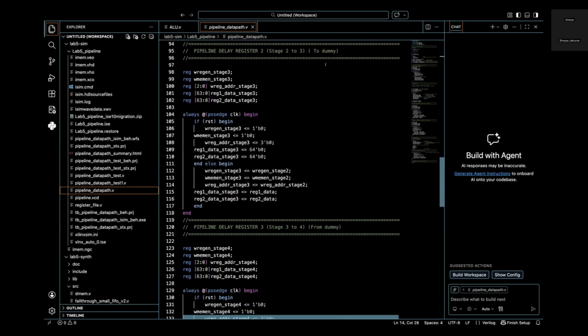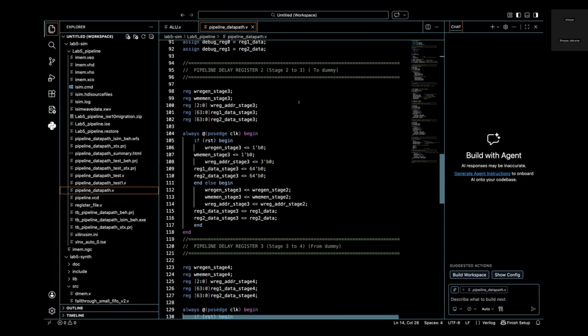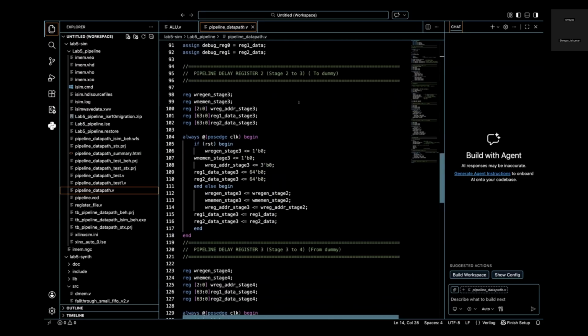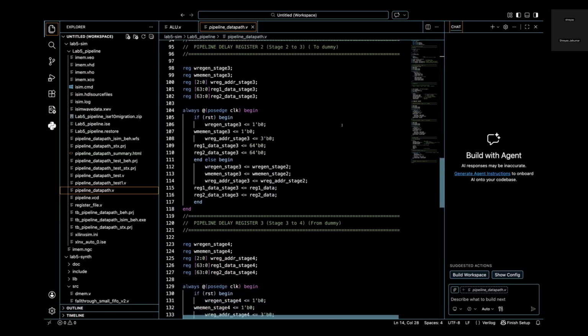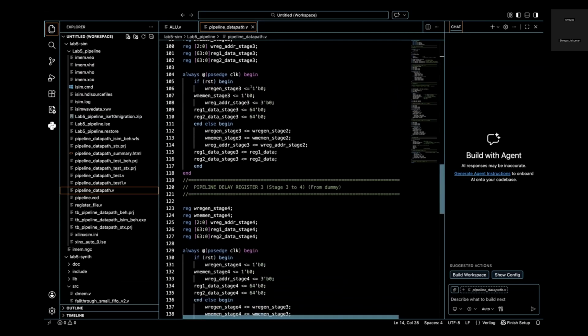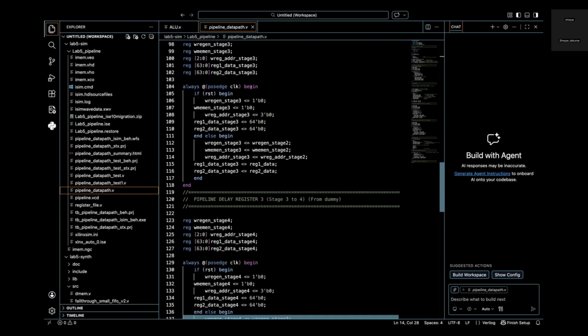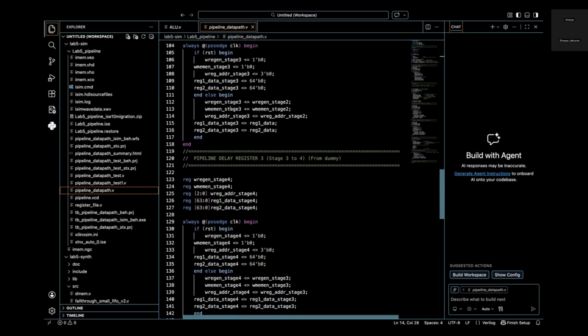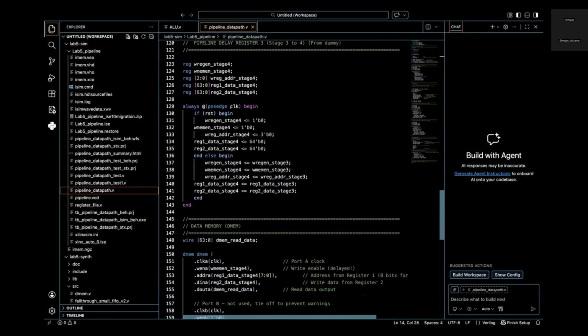Stage 3, as I pointed out earlier, is just a dummy stage. But we didn't bypass that stage by changing our code, and thereby we didn't optimize our code. We just stuck to the design provided. It's just a replication of what I said earlier. So it was stage 1 to stage 2. Now it's stage 2 to stage 3. And yeah, no other changes. Similarly, for stage 3 to stage 4,